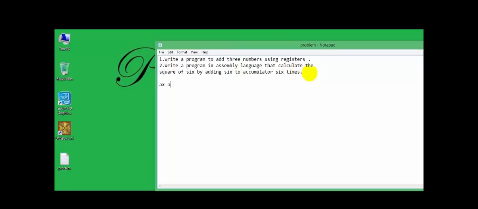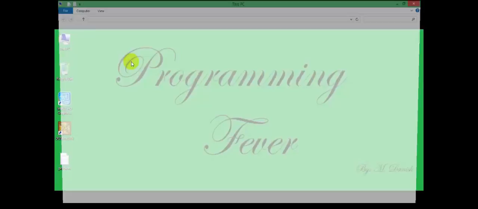Firstly, I will tell you there exist three types of register. Firstly, the accumulator, then BX. Basically, the accumulator is a one address register. You can calculate values using only one address. Then BX is the base or address register, which stores the addresses of any memory. And the third one is used as the counter register.